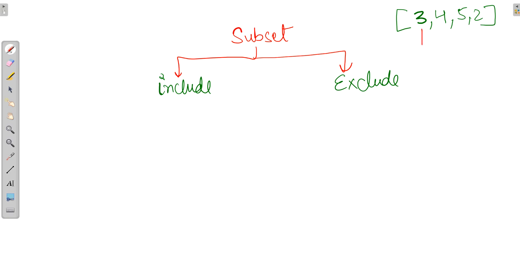Here I will start with the first digit 3. So for calculating a subset, first I need to include this 3, and side by side I need to calculate its sum also. And in the second, exclude, I won't be including this 3 and will calculate the sum correspondingly.